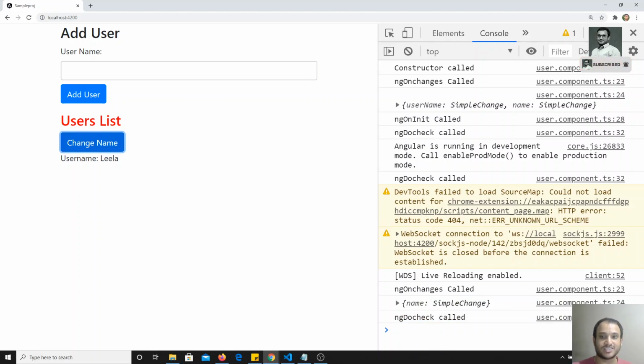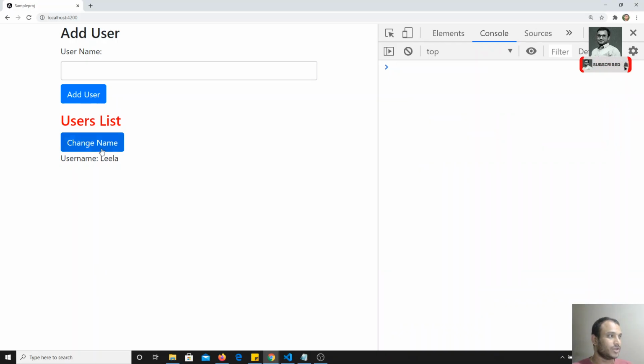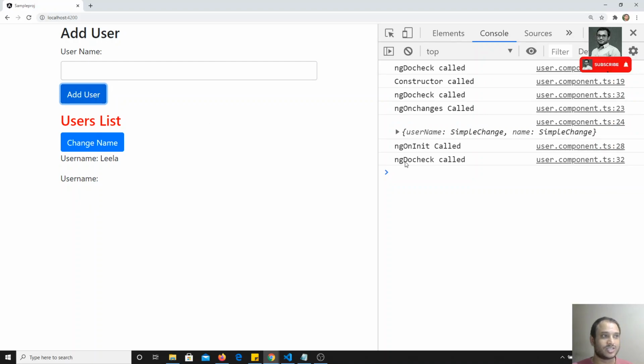Any action that is performed, any event or any action, for example if you change the name, ngDoCheck will be called again. Any button clicked or anything happened, ngDoCheck will be called immediately.